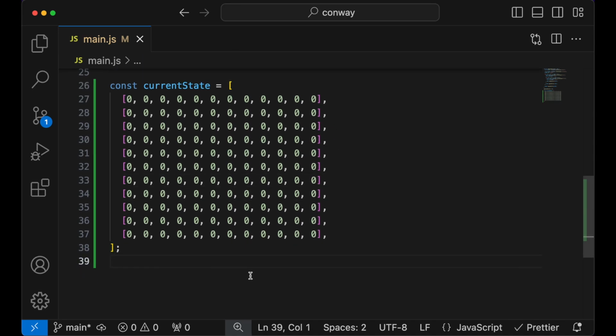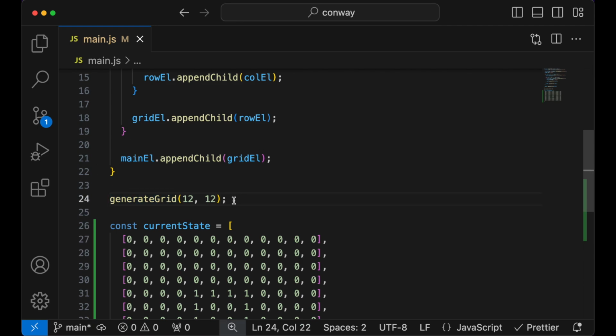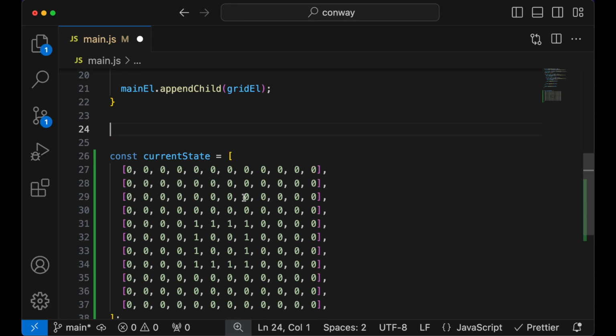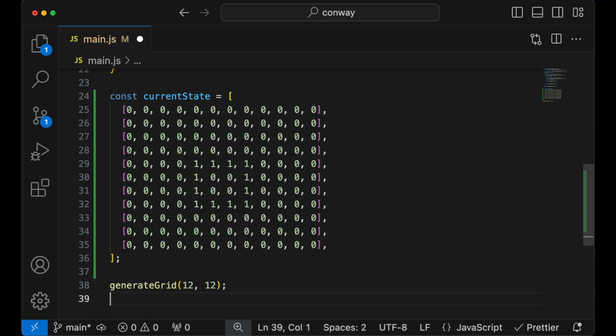So let's say I just want to turn on a couple of cells. This is just to try it out. And I want to see if I can render this properly in the grid that I already generated. So let me swap this around, and maybe what we can do is create a new function that we can call